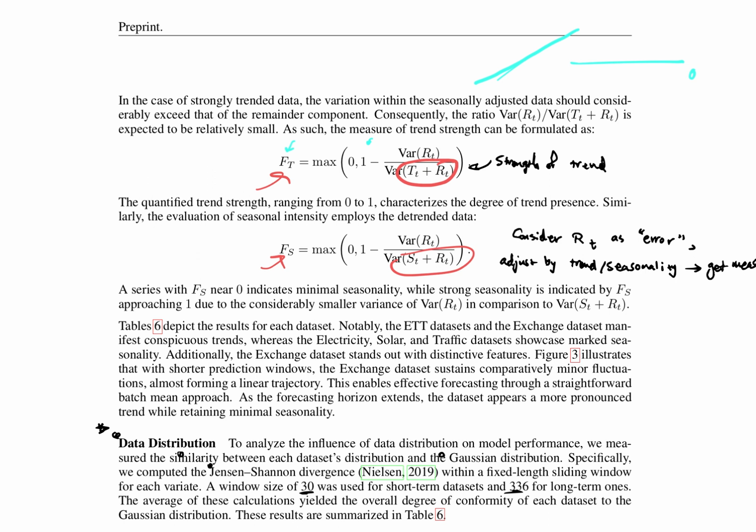But again, you can see that 0 indicates minimal seasonality, and 1 would indicate higher seasonality. Because, for example, if seasonality is all 0, or something that does not add to the variance, meaning constant in some sense, you could take these two would be the same, they would be 1, and the result would be 0. So again, these two are just two measures of how intense the trending and seasonality are as characteristics of this